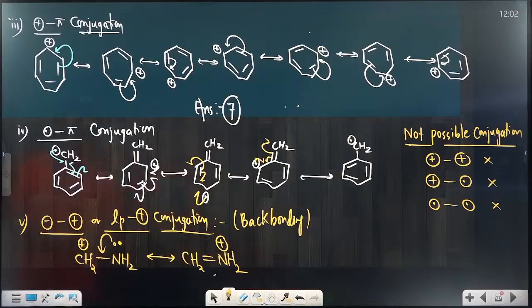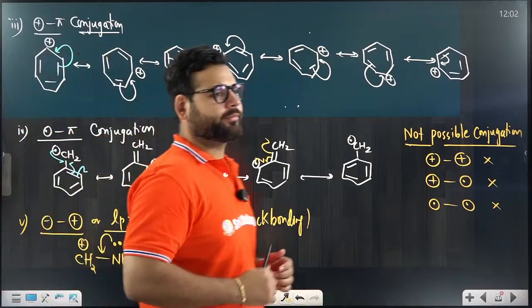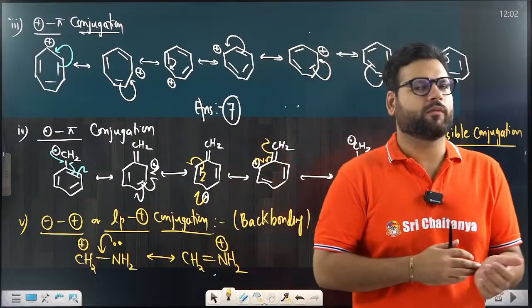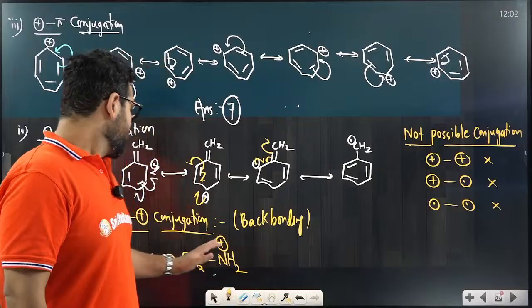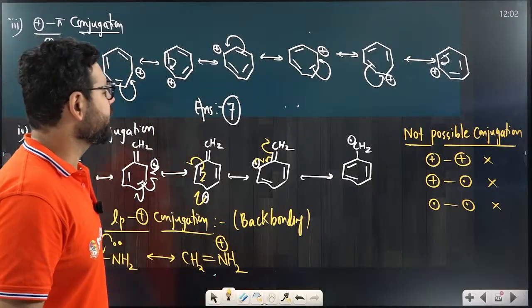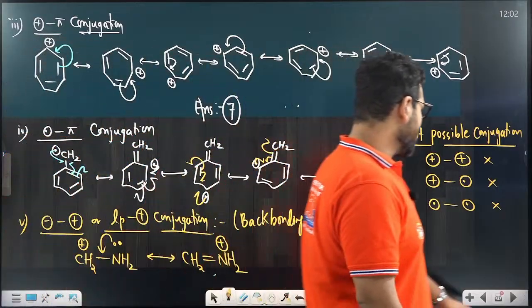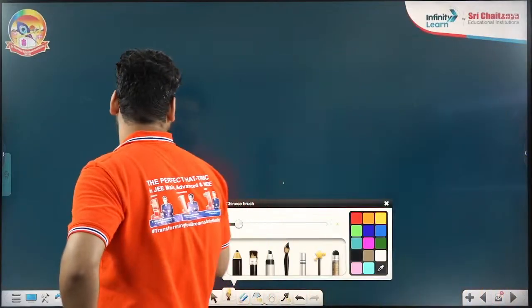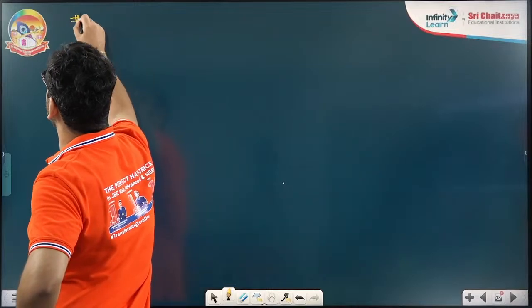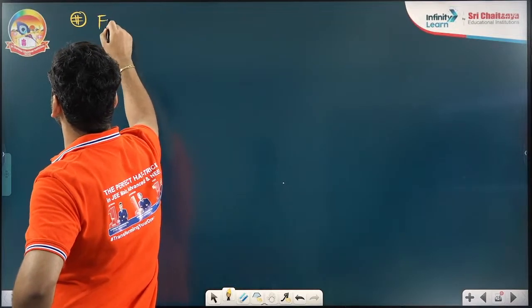So these are the ones that we can think of right now. I hope you can write the resonating structures yourself now. Next point: how do we check the contribution of resonating structures in the hybrid? So you'll write down factors affecting